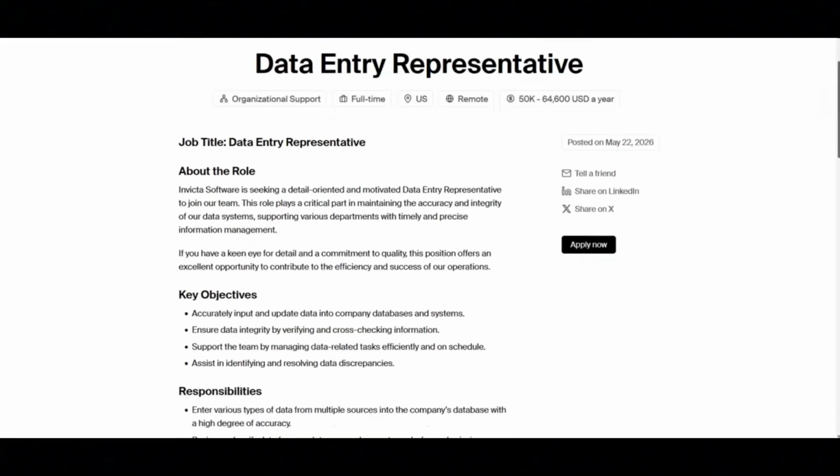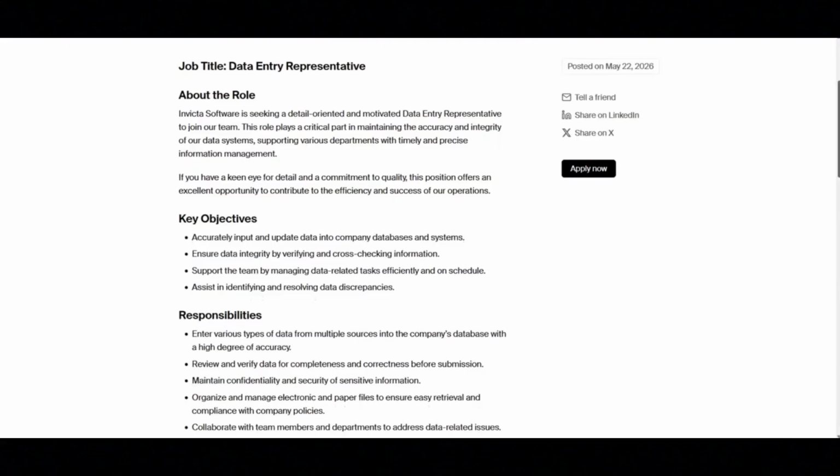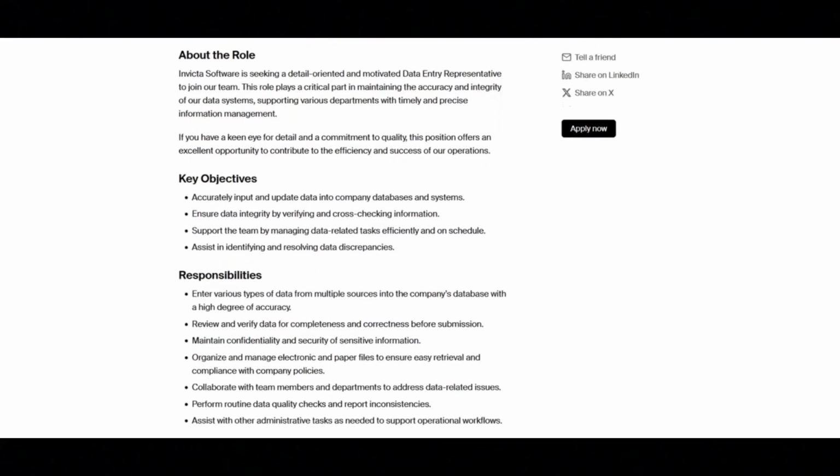For this job, you will enter various types of data from multiple sources into the company's database with a high degree of accuracy, review and verify data for completeness and correctness before submission, maintain confidentiality and security of sensitive information, organize and manage electronic and paper files to ensure easy retrieval and compliance with company policies,